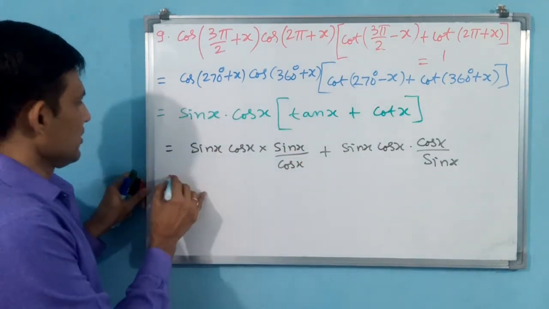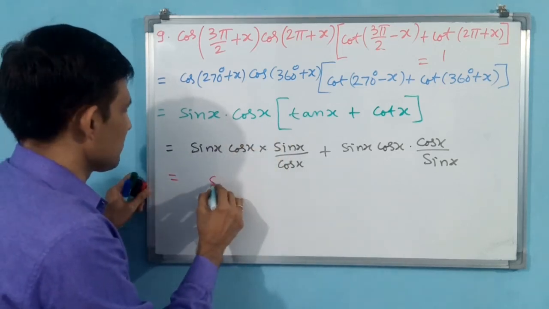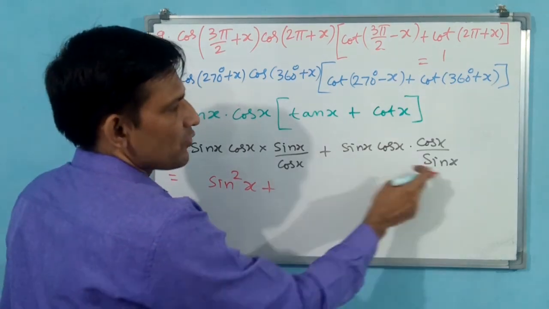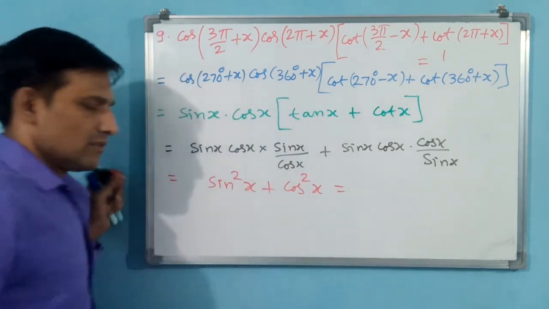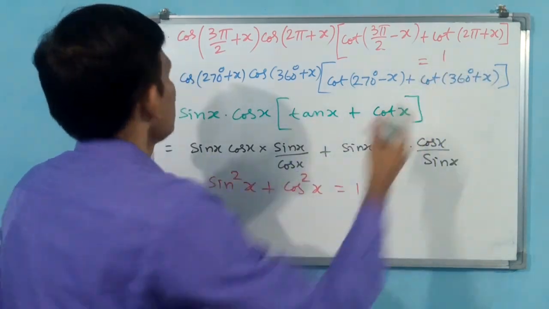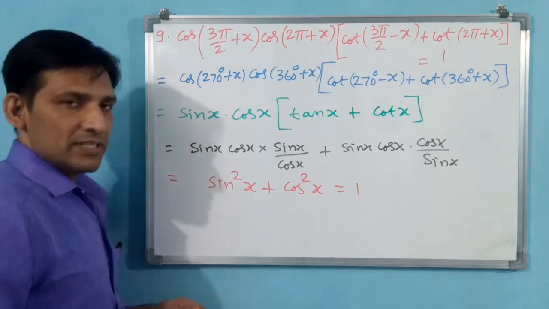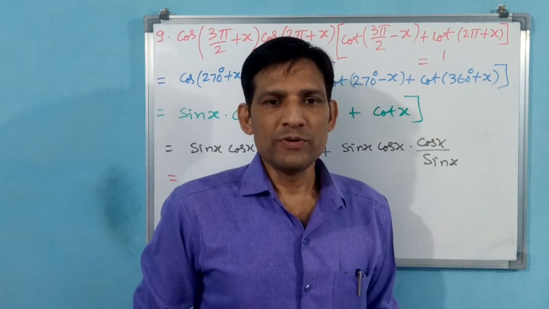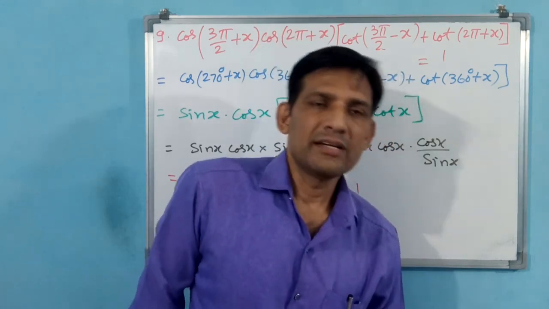Okay. You are multiplying. Now if you observe, cos and cos are going to get cancelled. Sin into sin square x, plus sin and sin going to get cancelled, cos into cos square x. We know sin square theta plus cos square theta is equal to 1. Okay, LHS is equal to RHS, hence proved. You write that and close this question. We finished this class now. What we do from the 10th question onwards, let us do in the next class. Okay, thank you very much.